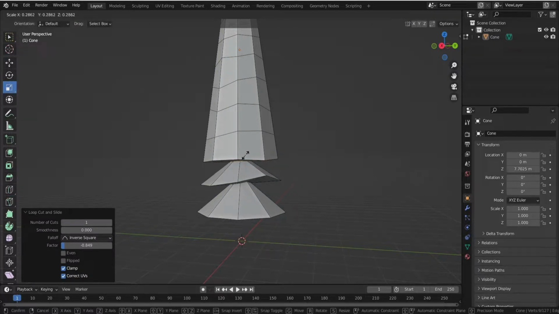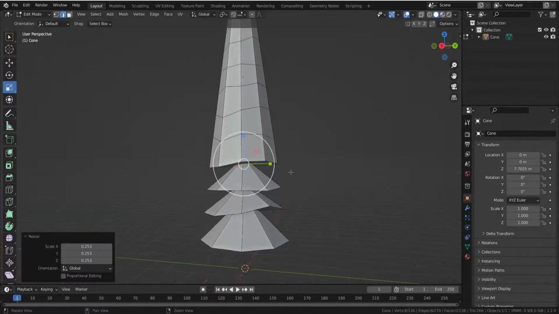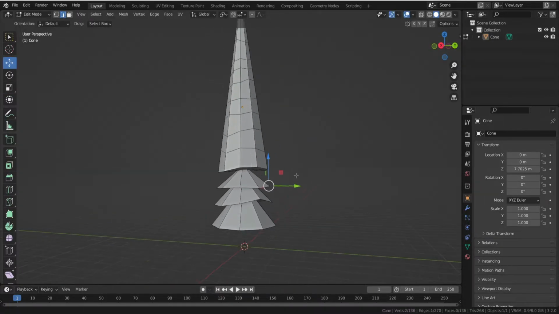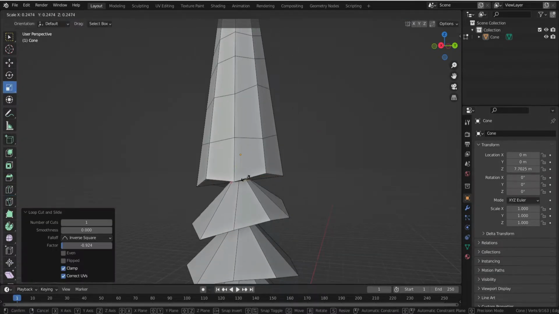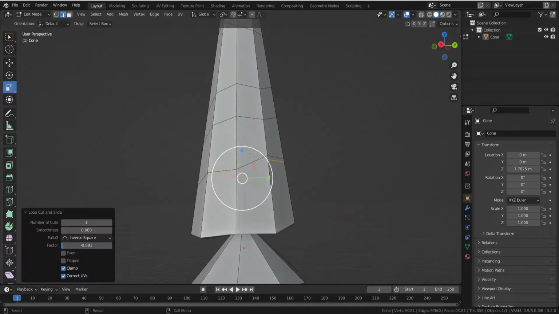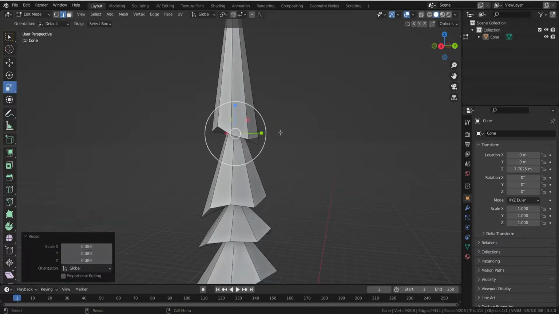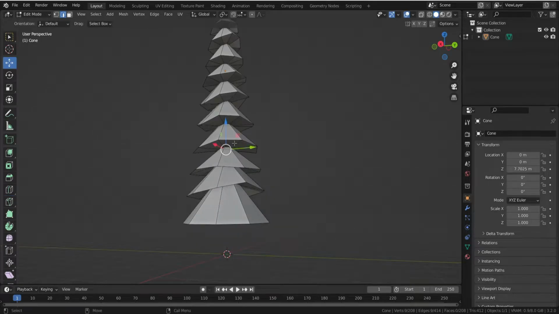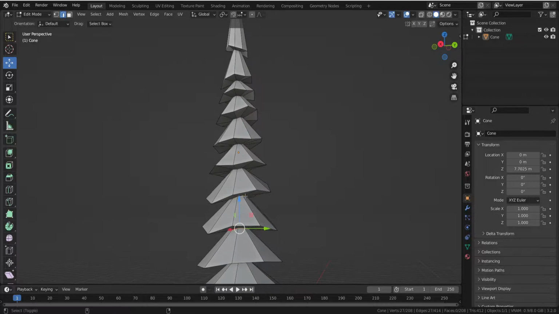Okay, see, it's starting to look like the tree we're trying to make. So repeat these steps one by one. Here I'm gonna speed up the video. Make sure to have a larger tree trunk on the bottom, and as you go up, make it narrower and narrower. Okay, now you can select all the edges like this,